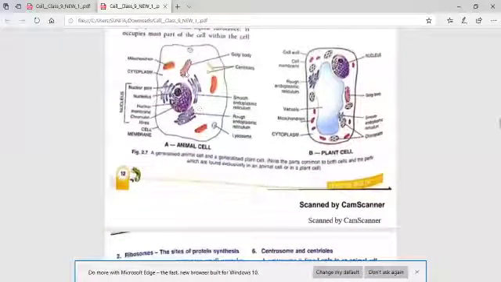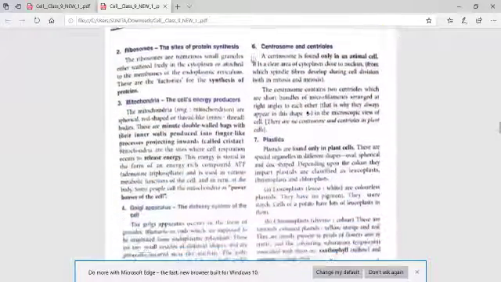Now look at this part, this sac-like or tubular-like structure is called the Golgi apparatus. Golgi apparatus is often known as the packaging house of the cell. That means whatever materials are synthesized inside the nucleus, those materials are packaged in the Golgi apparatus. Each and every cell, apart from generating ATP, has a different role to synthesize hormones and enzymes. Those hormones and enzymes are packed in the Golgi body or the Golgi apparatus. So look at the structure.